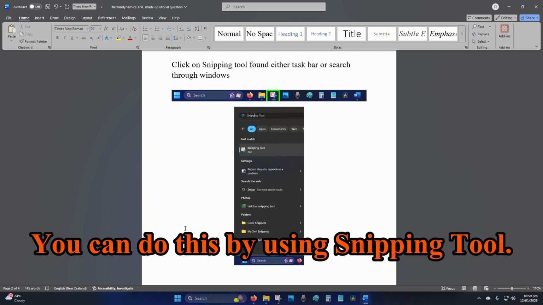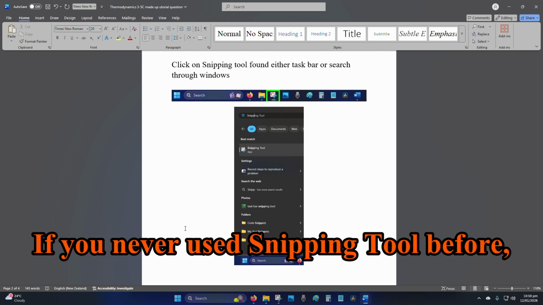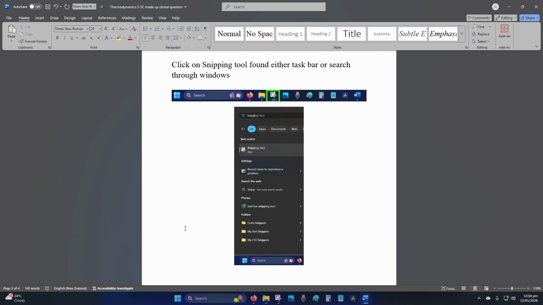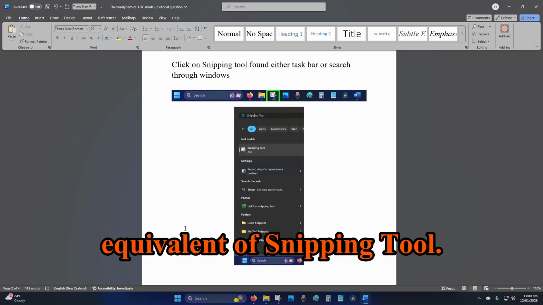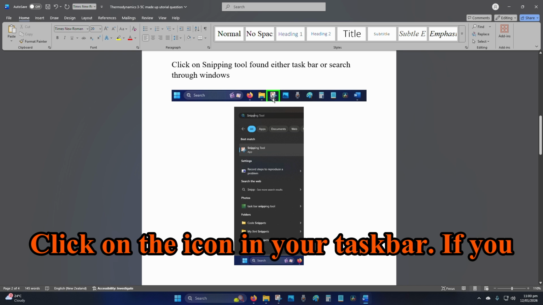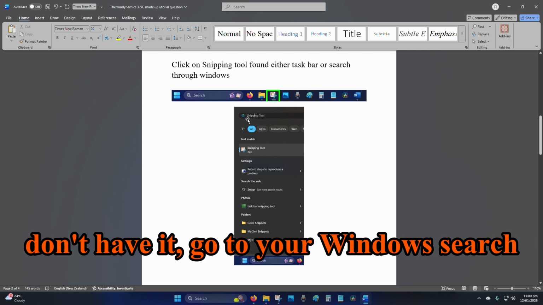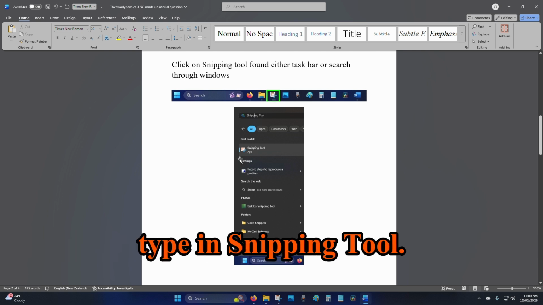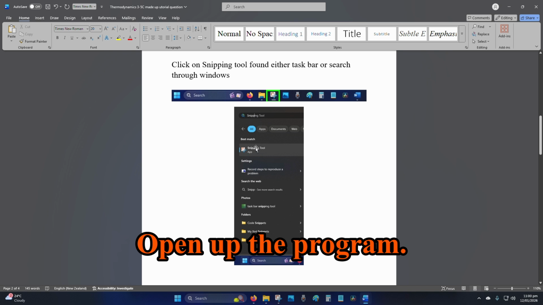You can do this by using Snipping Tool. If you never used Snipping Tool before, follow these instructions. If you're on a Mac, use the Mac equivalent of Snipping Tool. Click on the icon in your taskbar. If you don't have it, go to your Windows search, type in Snipping Tool, open up the program,